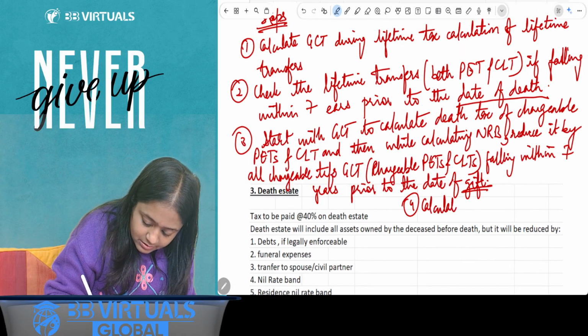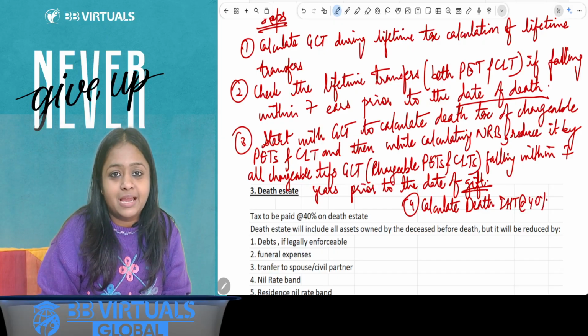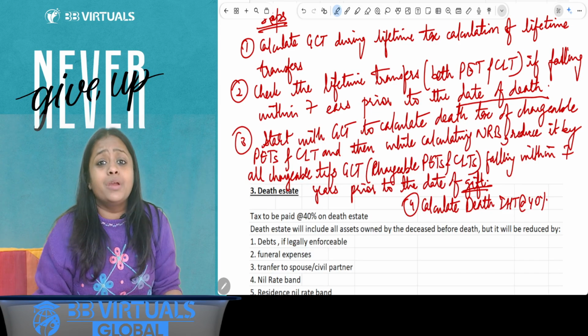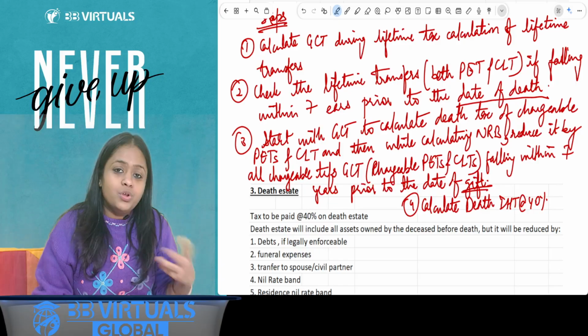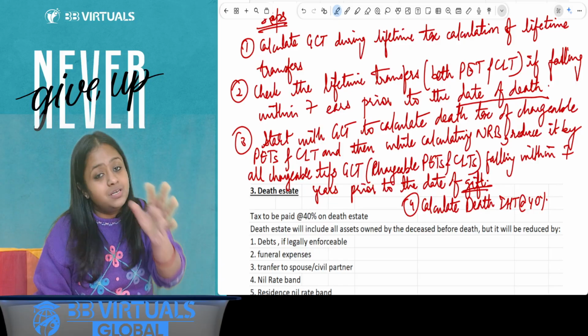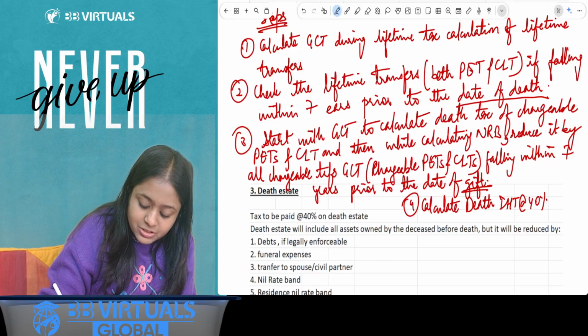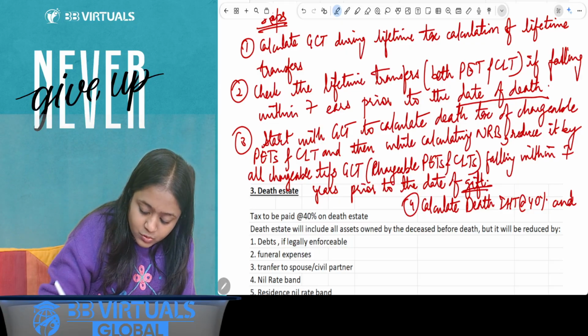Then calculate death IHT, and death IHT is simple, at the rate of 40%. The question is, ma'am, who will pay the death IHT? Boss, the donor has died. How can he pay? The donee who is receiving the asset, the donee to whom the asset was transferred, that donee will bear it. Logical, right? So calculate death IHT at the rate of 40% and reduce